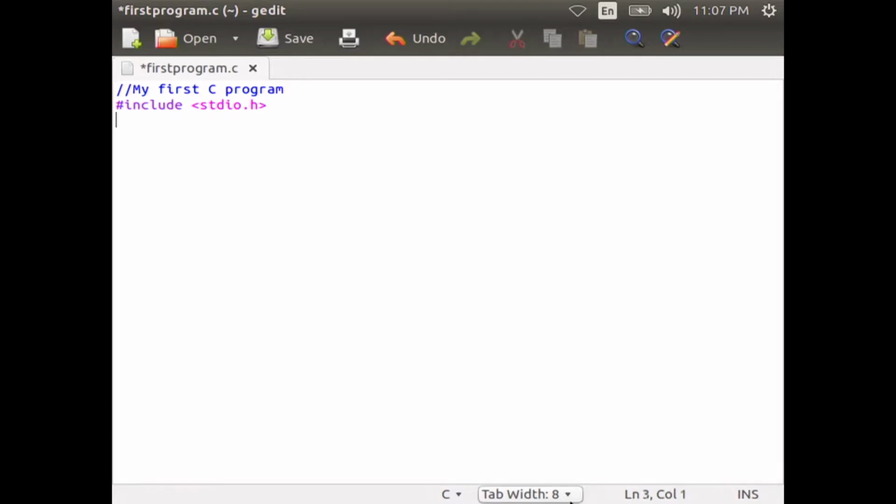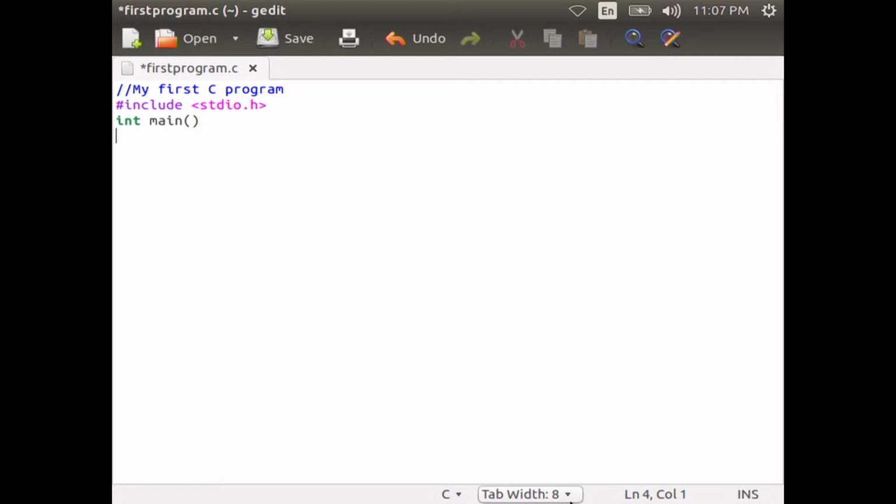Now, in the next line you type int space main, then close the braces. Main is a special function. It denotes that the execution of the program begins from this line. Every program should have a main function and there should not be more than one main function.